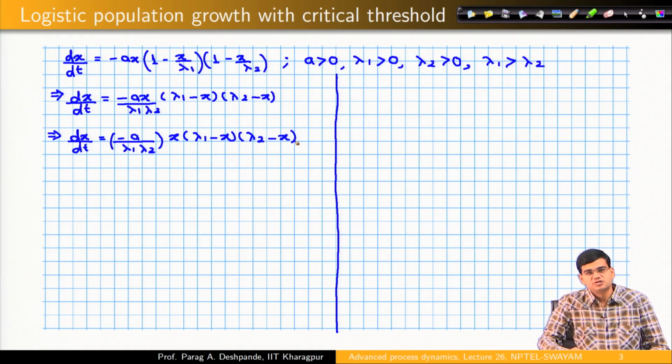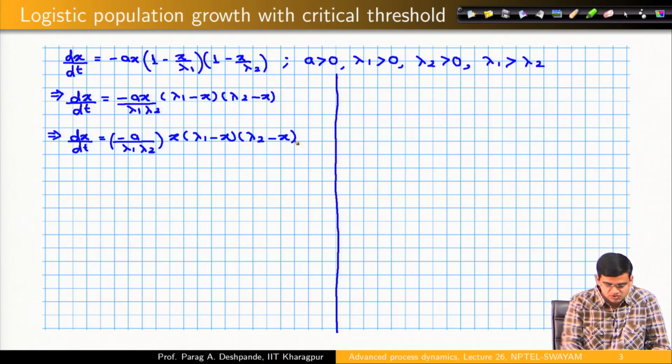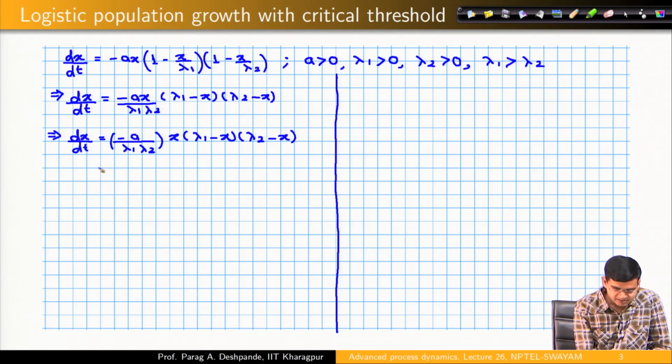Fine. And how do I solve this equation? At least this particular equation can be solved easily by splitting the right hand side term by partial fractions. So, let us say that I have